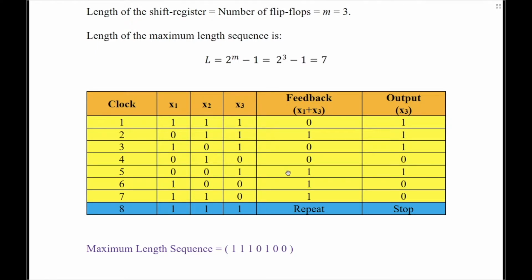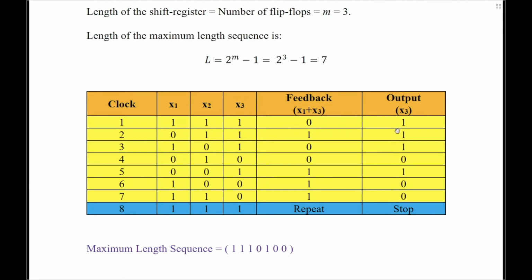So this operation is continued until we move on to a clock number which is equal to the length of the maximum length sequence. At this exact point, you have to stop because in the next clock the content of the linear feedback shift register will once again reset to the initial content at the beginning of operation. That is why we say the PN sequence is a periodic sequence. When the initial contents are reset in the 8th clock, I have said the contents are repeating, so you stop the computation.